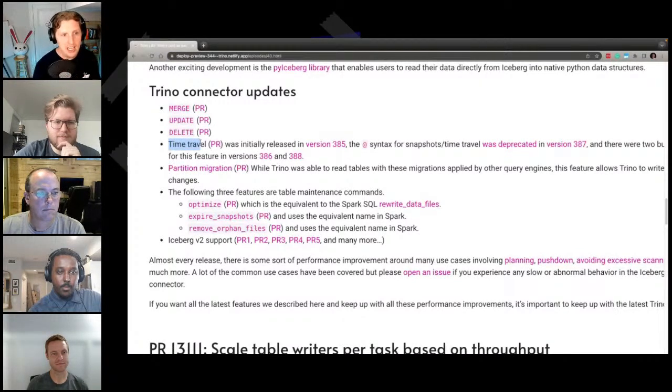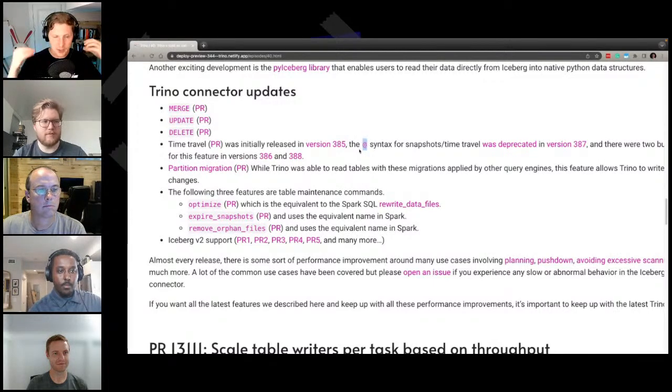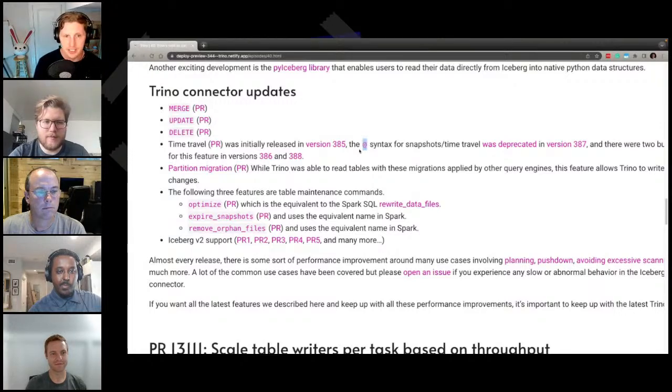Another big one: we demonstrated back in April time traveling, being able to specify snapshots. We used the AT syntax, but it wasn't following what other query engines were doing. Keeping in mind the frame of mind of a lot of other people and the syntax they're expecting on Iceberg, we want to fall in as similar as possible to other query engines that follow the ANSI SQL syntax. So we followed how Hive has modeled time traveling, and we got the SQL support.